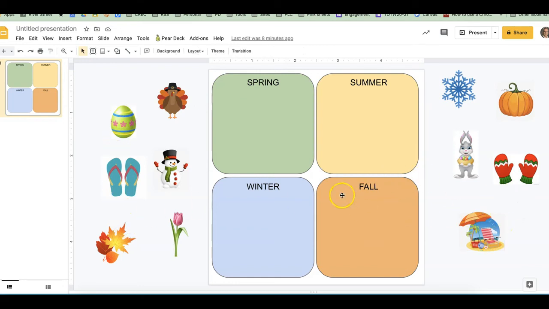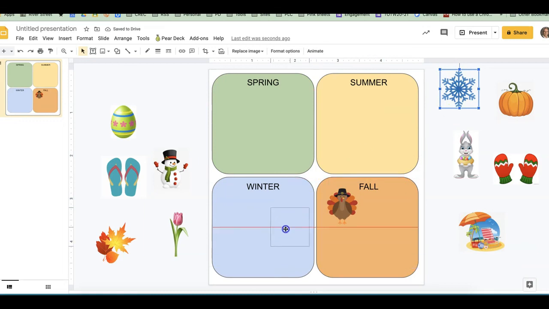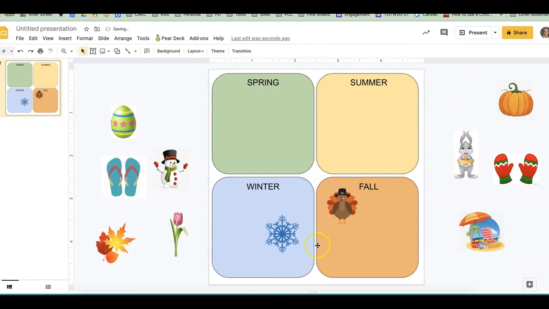Now the students can come up and they can just drag the items into the right space. Snowflakes are going to be a part of winter, and so they can drag in and fill in the spaces. When you create an activity like this, you can project it exactly as this is up on the smartboard, and the students would see not only the slide, but they would see the items all around the side. So they could come up to the smartboard and take that and slide it right into the space,